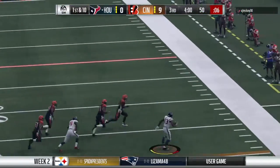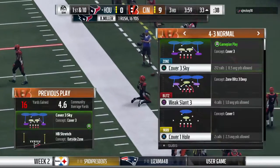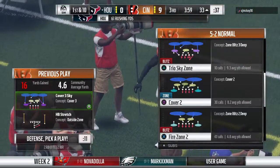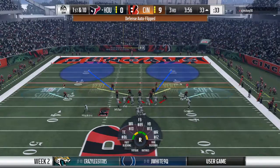And he's got some space here. Another nice gain, 16 yards there and a first down again. The more football I watch, the more I want to check and see if teams are going to panic when they're down on the scoreboard. And this team has shown no signs of doing that. A lot of the time, they come out